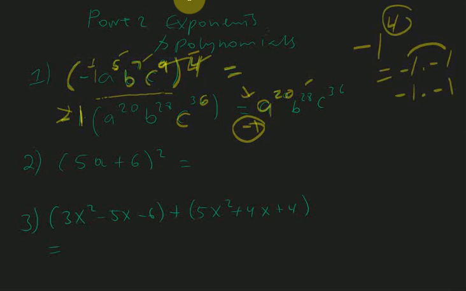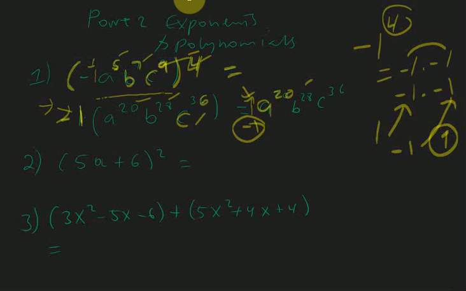You got +1. +1 times -1, you got -1. -1 times -1, back to the 1. So 1 is already here, no need to write it down. So for this problem, you got a to the 20, b to the power of 28, c to